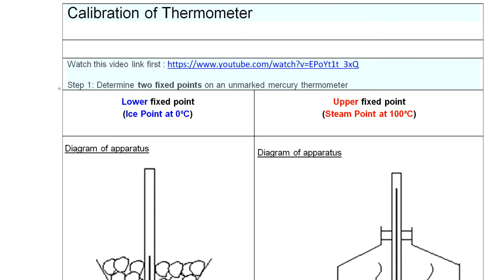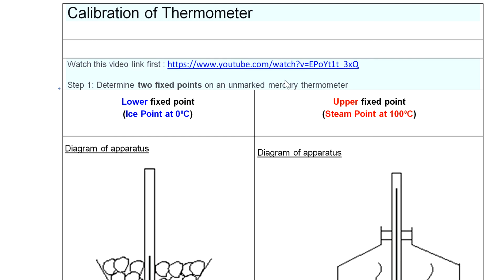Students, calibration is writing the scale on a measuring instrument, on any measuring instrument. For example, writing a scale on a thermometer, on a voltmeter, on an ammeter. So calibration of the thermometer is the first step towards constructing a thermometer. We will take an unmarked thermometer, and we have already discussed that our first step is to determine the two